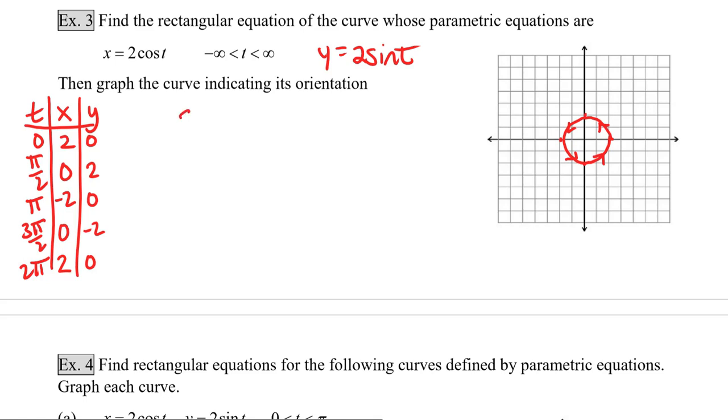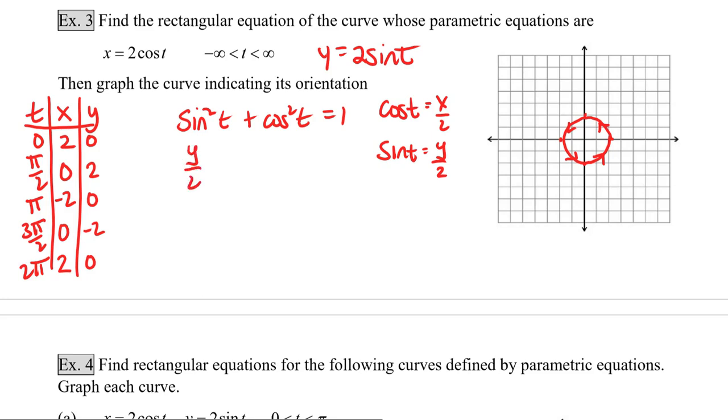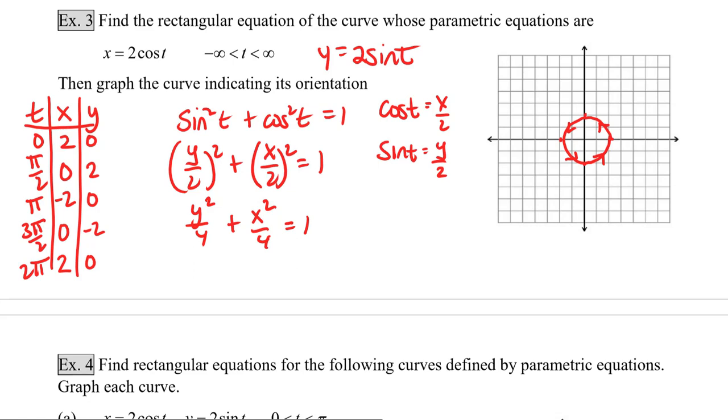I know that sine squared t plus cosine squared t is equal to 1. So I'm going to say then that the cosine of t is equal to x over 2, and the sine of t is equal to y over 2, and I'm going to plug them in to this equation. Now I'm going to simplify, and I get y squared over 4 plus x squared over 4 is equal to 1. And if I multiply both sides by 4, I get x squared plus y squared is equal to 4,